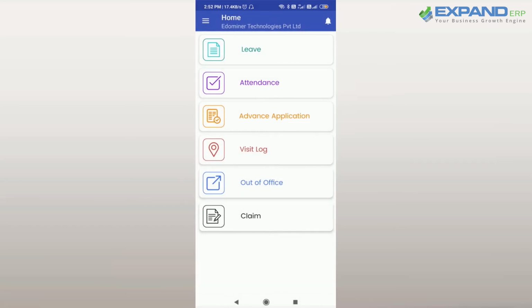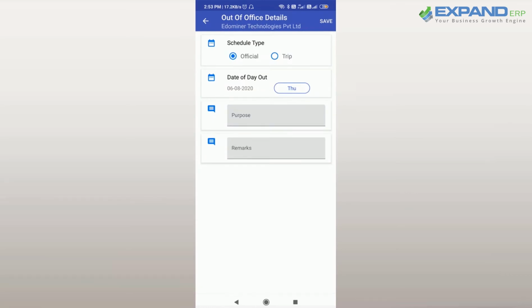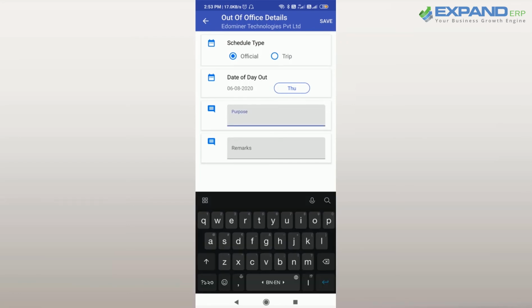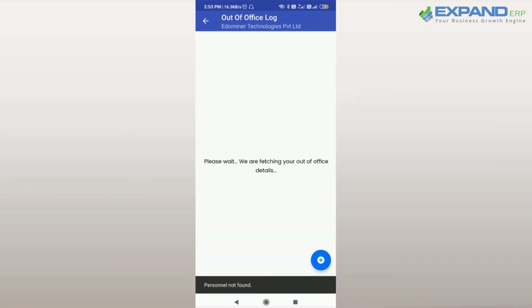So from the visit log, we'll quickly get into the out of office. So there are scenarios when you need to make a visit. It can be a out of office trip, or it can be a out of station trip. So all of that can be captured in here. So the trip is official or not official and things like that. What is the purpose of the trip and the remarks. So everything is logged here. It goes for approval, and then it is also accounted for when the payroll is being processed. So I'm typing in the purpose of the out of office visit and any remarks which is applicable. That's it. I'm done. So my out of office is recorded. So that was all about the HR app.